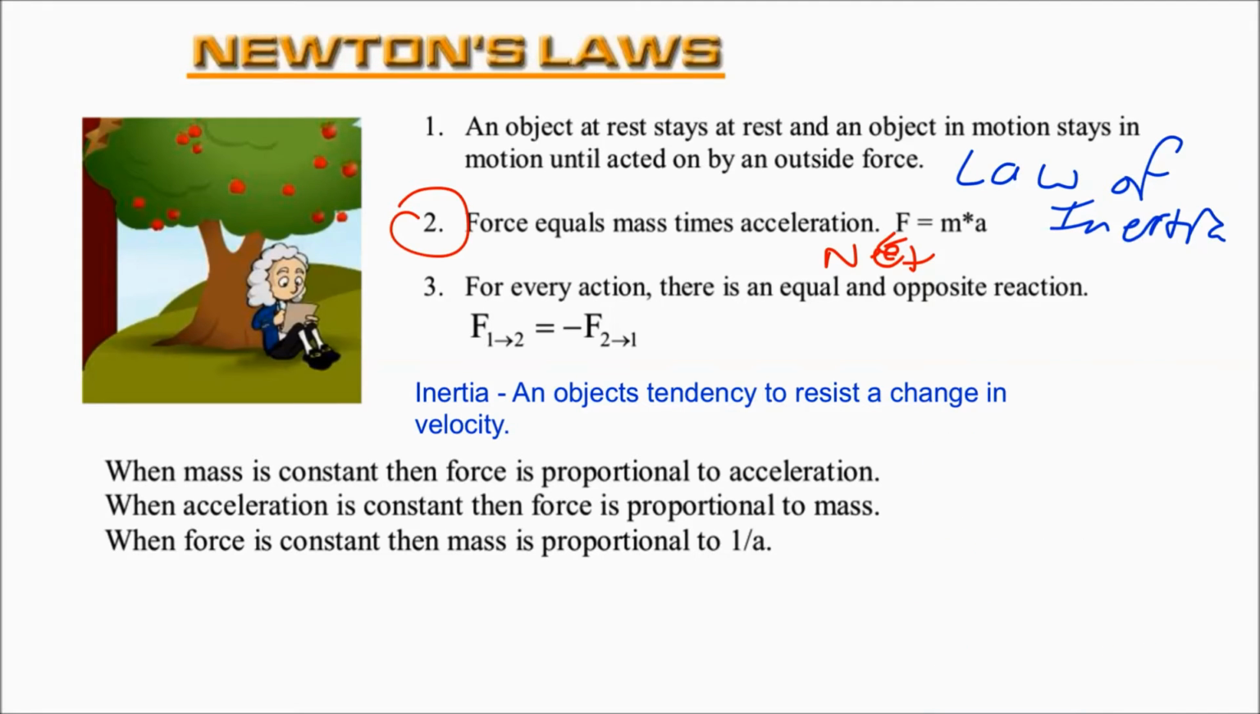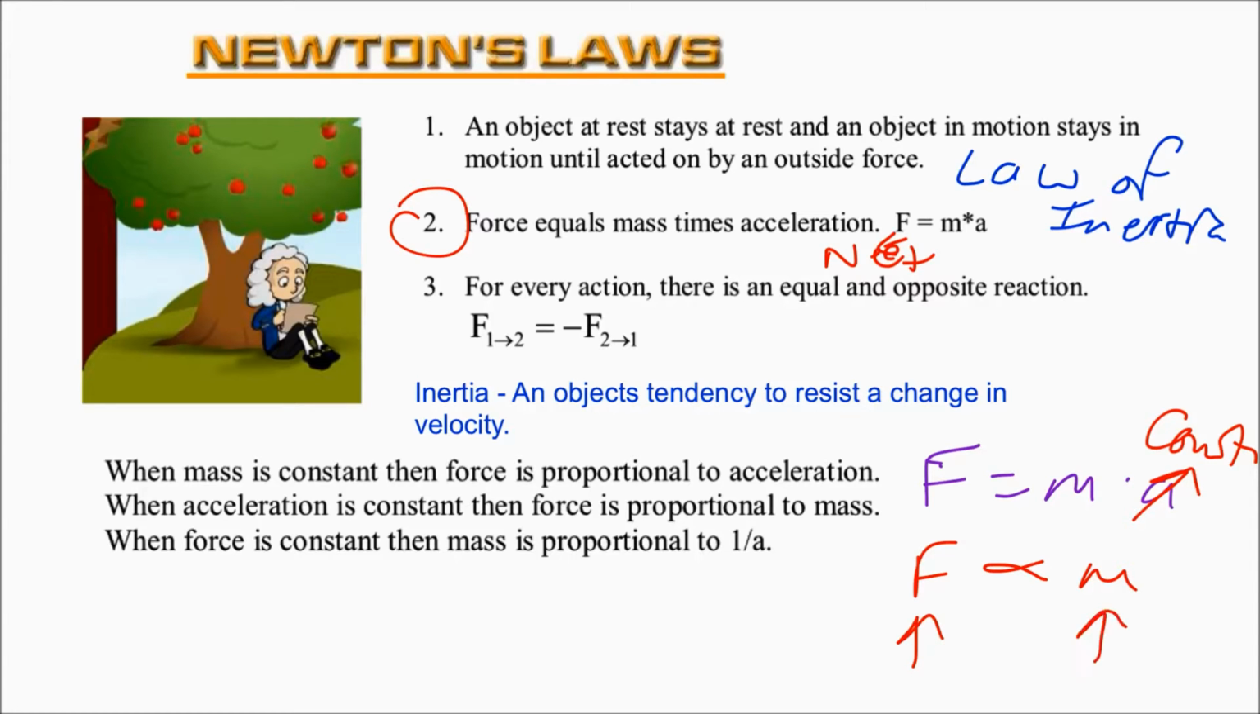Alright, so the next one says when acceleration is constant, then force is proportional to mass. So let's take a look at that. Same equation, it's going to be force equals mass times acceleration, but this time we're saying that the acceleration is the constant. The acceleration stays the same. That means then that the force is directly proportional to the mass. The reason that it's directly proportional, by the way, is because both of these are in the numerator. Okay, so we're going to say, if the force goes up, then the mass has to go up,